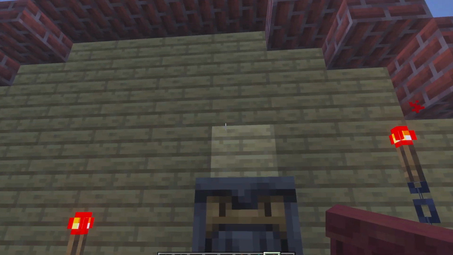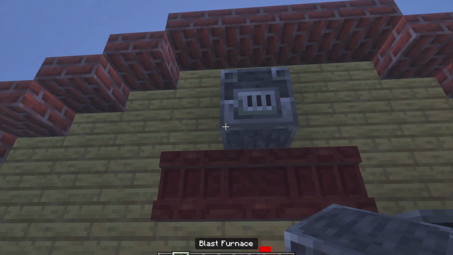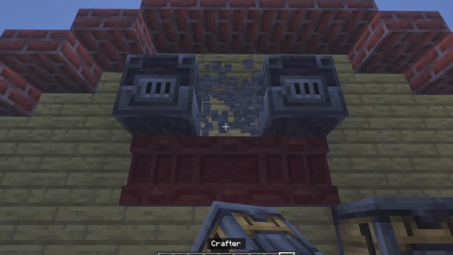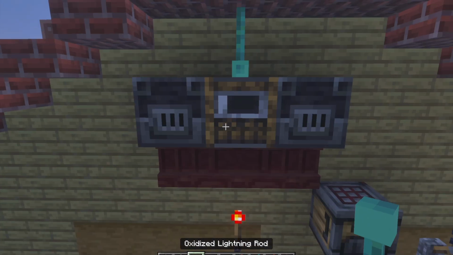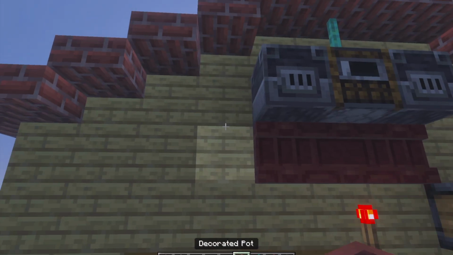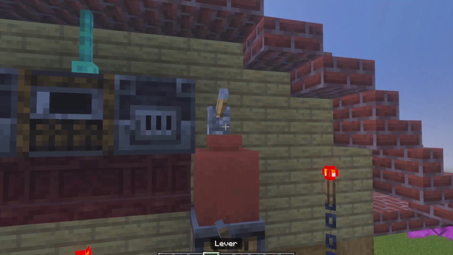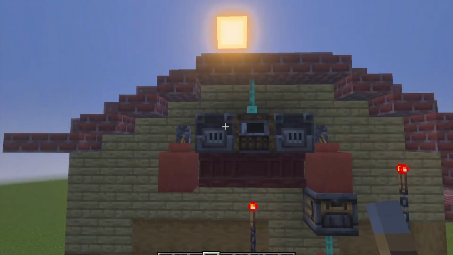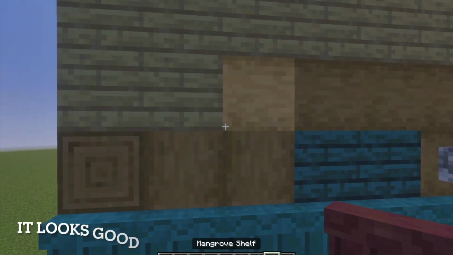Now then, on this area up here, I'm going to place the red popping bits, which is just going to be this, that, then take this, break the middle one, add in that, drop this on top, and then add in a pot, and a lever, and a lever going to the pot. Does that look good? I don't know. I have no clue